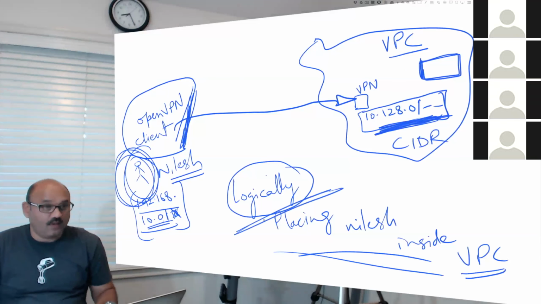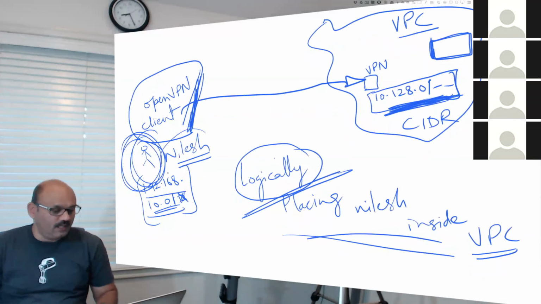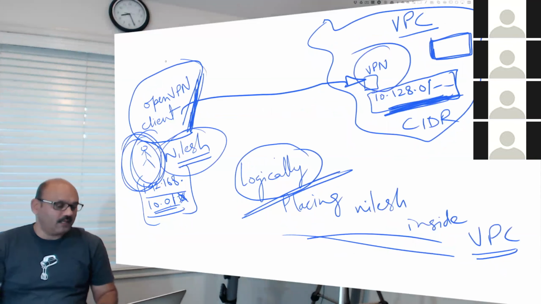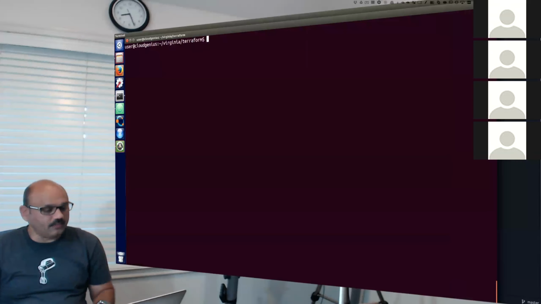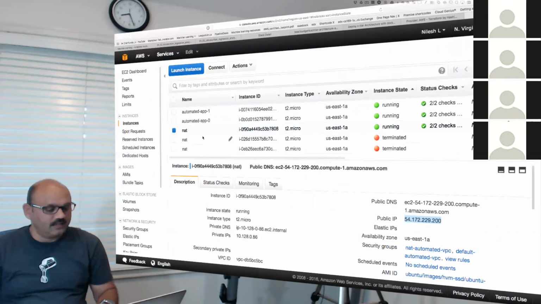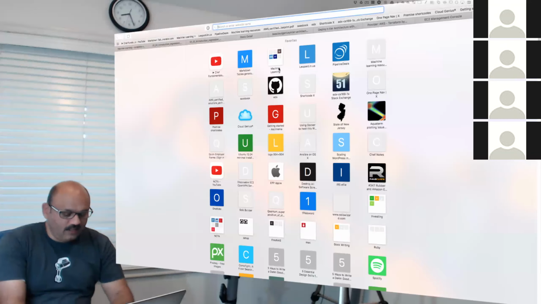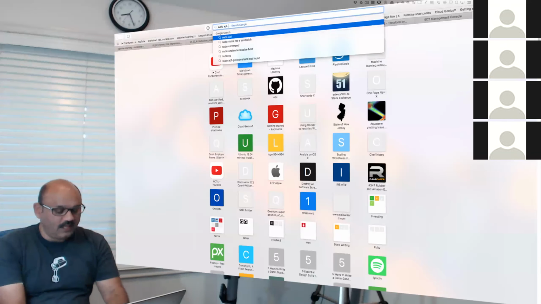Not physically, just logically. And you see this logical moving inside the cloud. That's what is going to happen when you have this employee connect to this VPN server using a VPN client and the certificate, right? The certificate is required, without which no entry. So we need a VPN client. The best way to get a VPN client is to ask, how do I install a VPN client? So there should be a command, something similar to sudo apt-get install OpenVPN client. That should bring a new client application to our workstation right there.